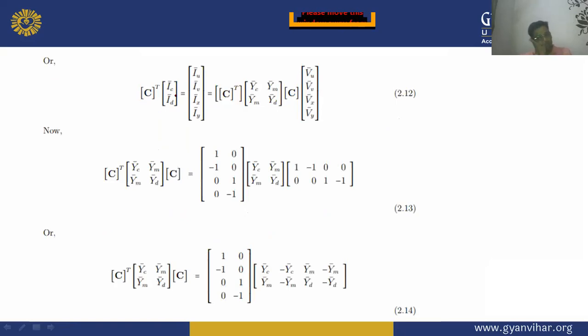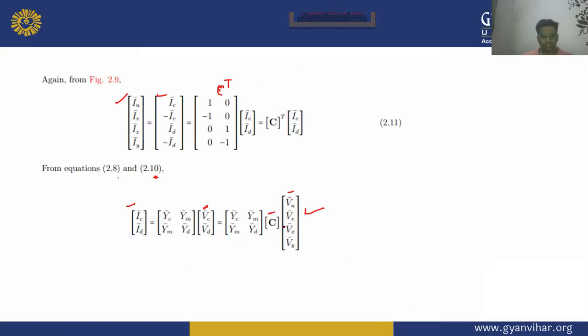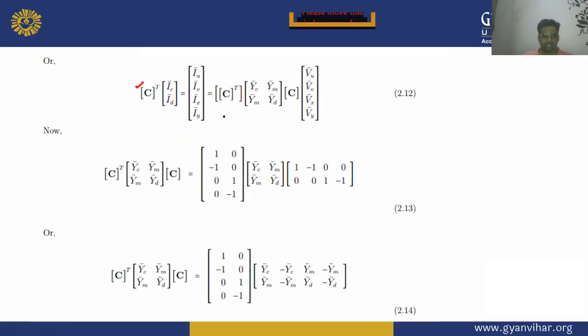Now it is very important to understand that this matrix C transpose is the one which we were getting, that is your ICID, IC and this one with the admittance matrix. So I can take this admittance composite matrix over here, and I will be writing it over here. So the transpose on the vector, then this, then again.